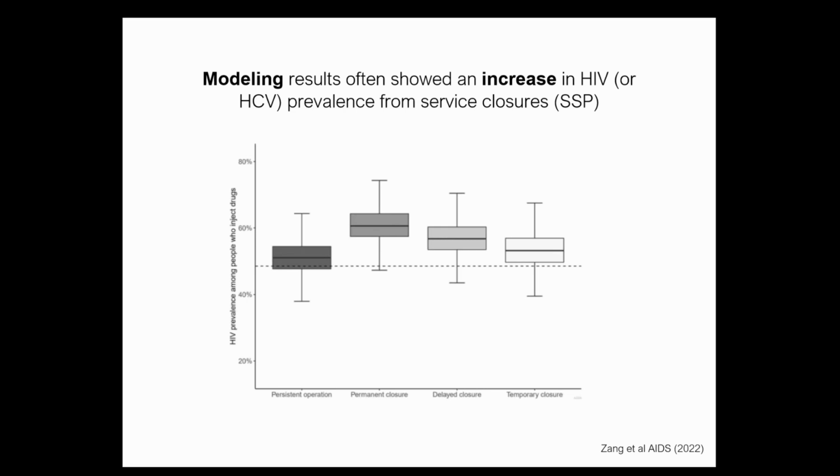And so in general, there's a lot of modeling projects that were done, and pretty much they all uniformly showed that there would be an increase in hepatitis C and HIV amongst people, primarily from not being able to access clean syringes. This is modeling work that we were not a part of that looked at what would happen if those health resources were permanently closed or only temporarily closed, but pretty much always any of the modeling work that was done showed that there'd be an increase in HIV and hepatitis C.